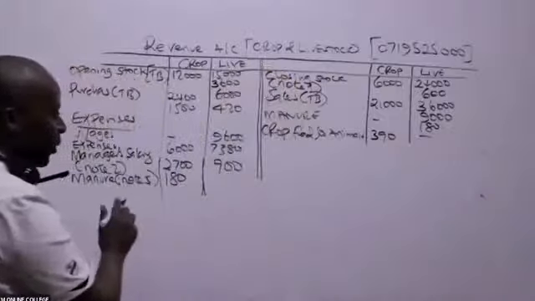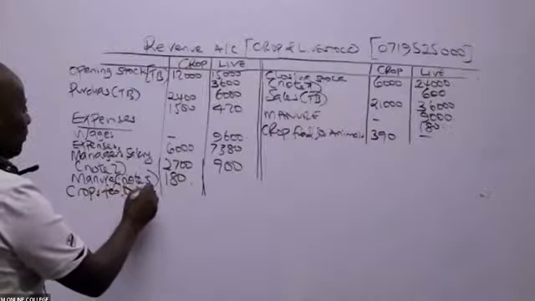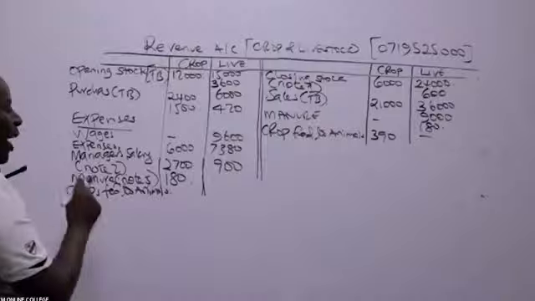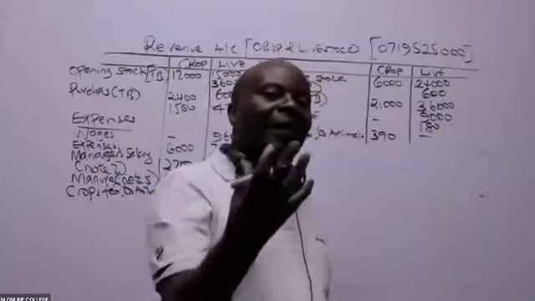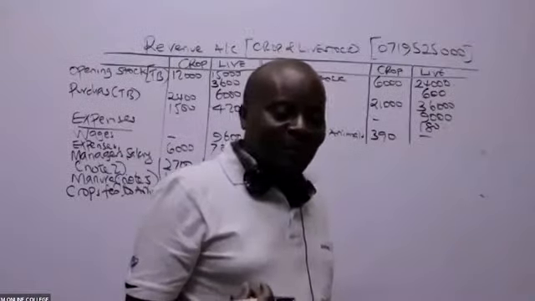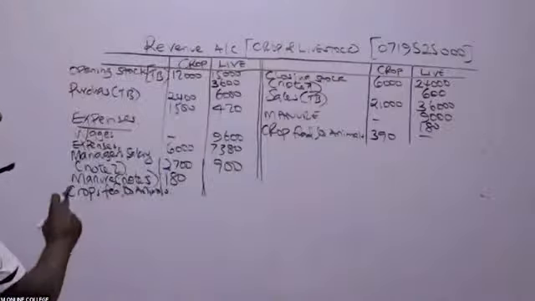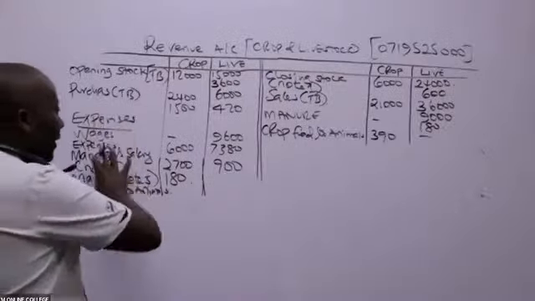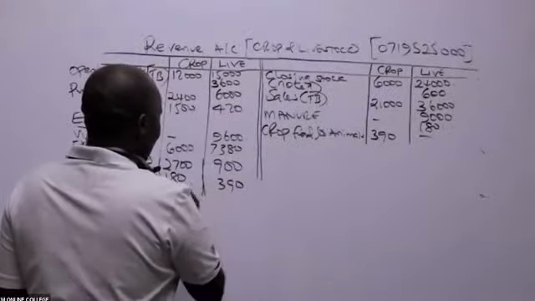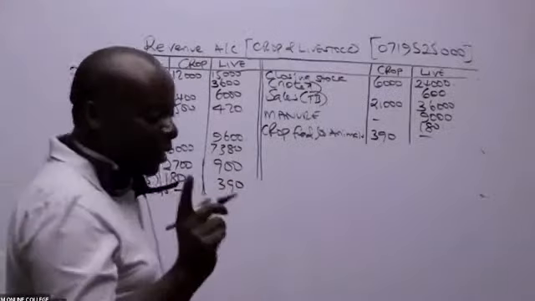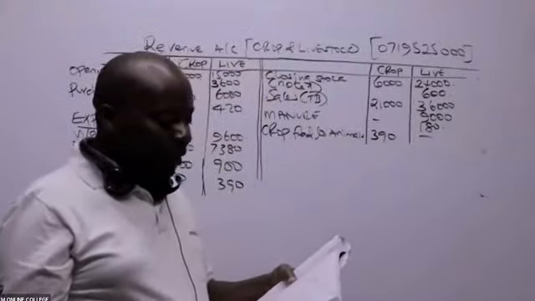Then what do we do in this case? Of course, it has to appear in both. So we have here crops fed to animals. To animals, this is an input. It's like the animals purchased. Yeah, livestock, it's an input. The animals expense, yes. So crops fed to animals. So in this case here, under the animals, we'll come and put this 390. And then of course with a dash there. Thank you so much. You guys are really very good.